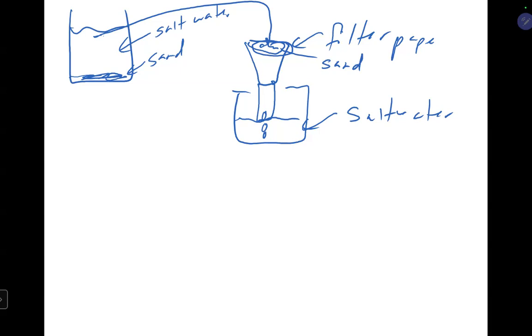If I took that sand, opened up my filter paper, let it dry out, and put it in the oven, I have nice dry sand like I started with, right? So I was able to get back that. Now, if I take my salt water,